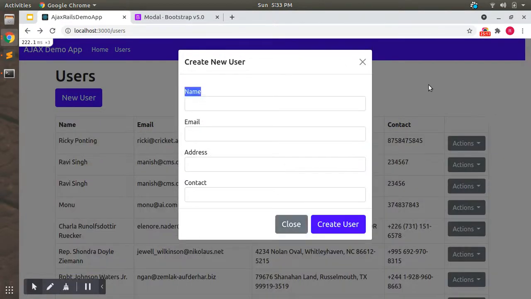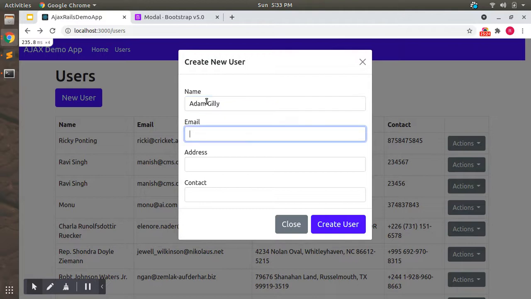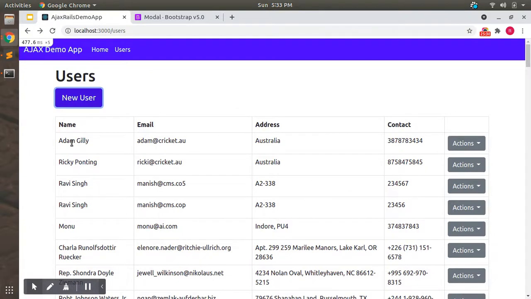So now create another user. Now submit this form. You can see that the record has been added here and the modal pop-up has disappeared.